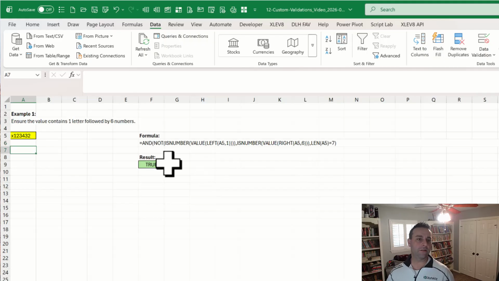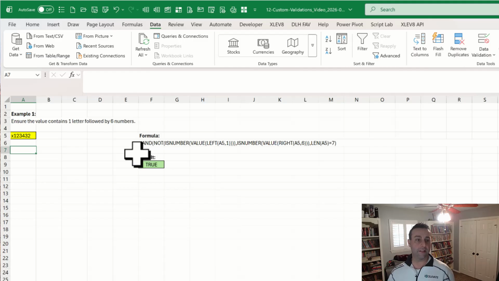Okay, and you can also see down here, I put the formula that's the same formula that's under the hood in that data validation, because I find that when you have a complex custom validation, it's helpful to troubleshoot that and kind of see what it looks like as it goes. Okay, now to break down this formula, because it's very similar to what we'll see in other examples,